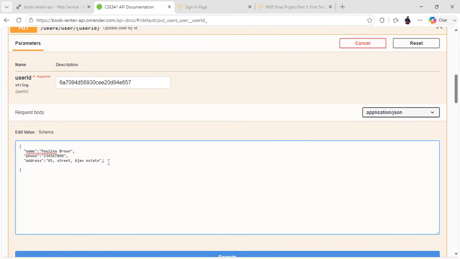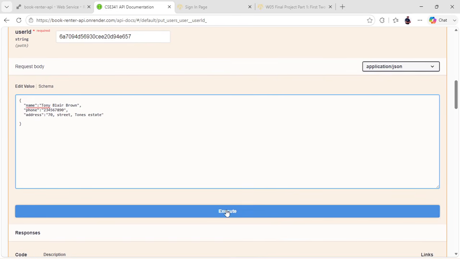I can change the address. Most people change address, so I can change the address to this estate. I can say CMT. Okay, that's okay. And of course I can change the name to Paulina Brown, or let's call this one Tony Blair. Alright, now I have this one. So if I click on execute,